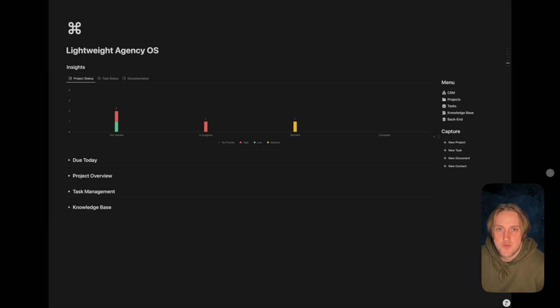Hello, everybody. If you're running an agency or a small business and you're struggling to track your projects, your tasks, clients, leads, and keep them all sorted, keep the team on one page, then you're in the right place. I've built this lightweight agency OS, as you can see here, and it is designed for fixing exactly those problems,